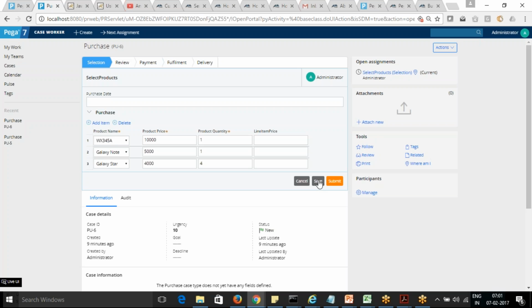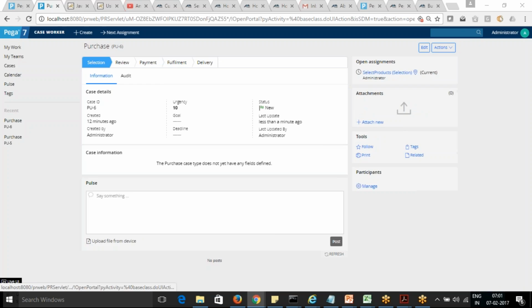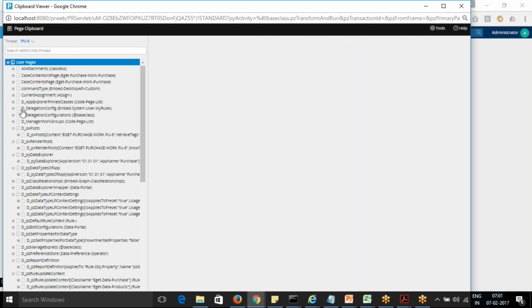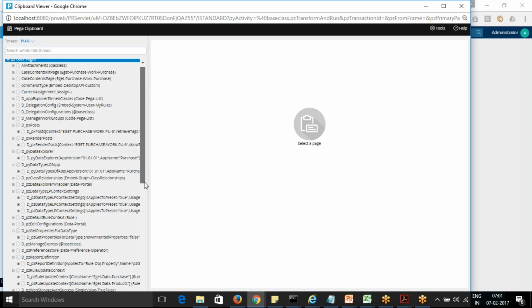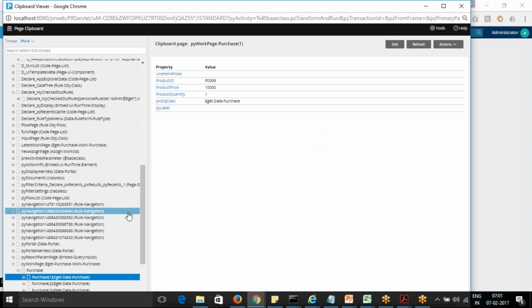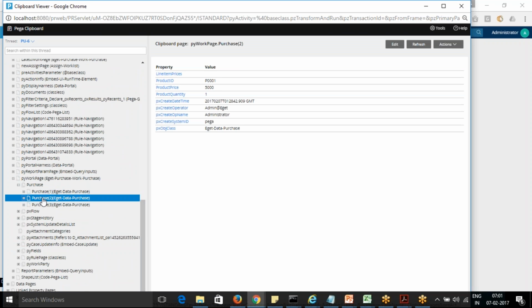Let's see this one. When I click save, the values are getting saved.